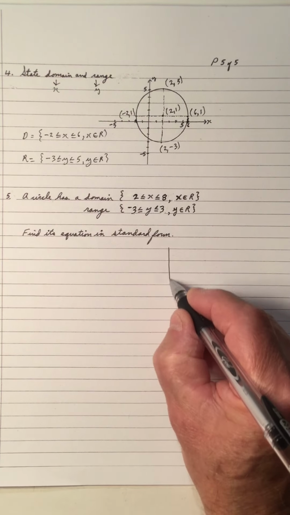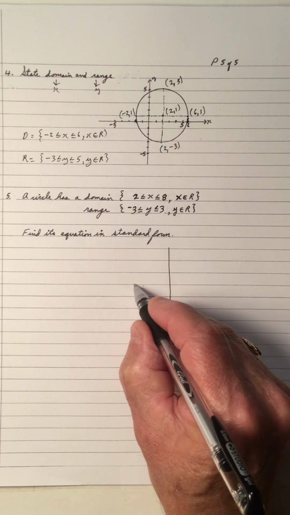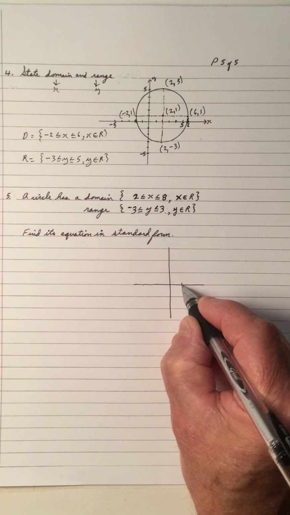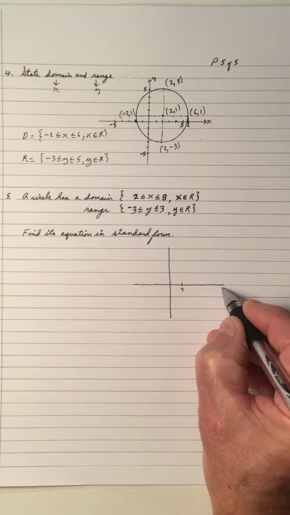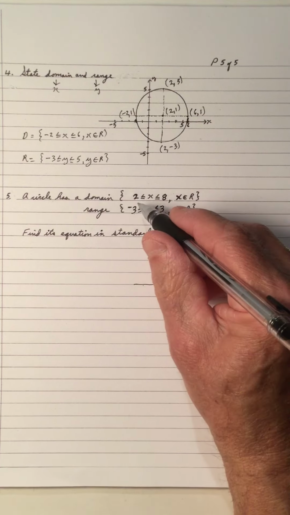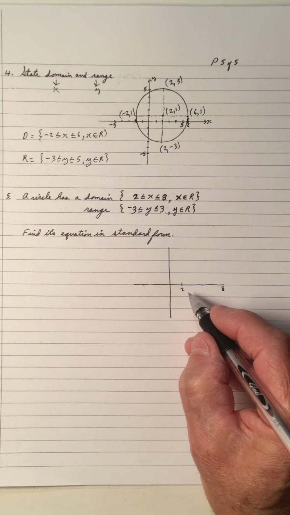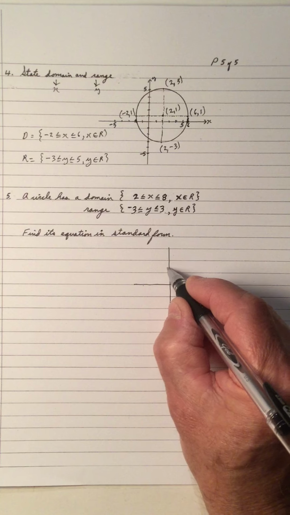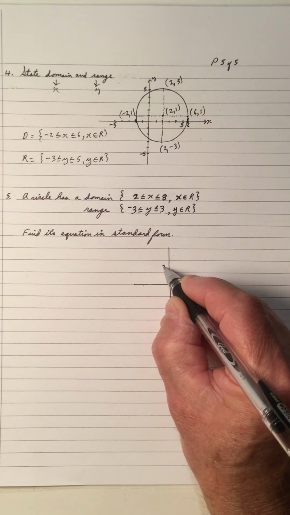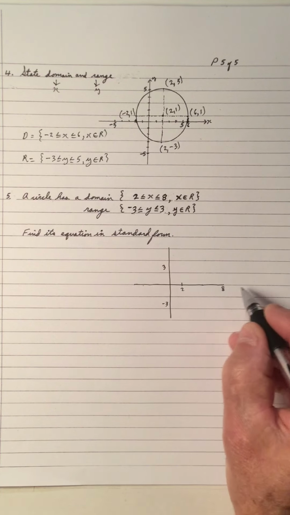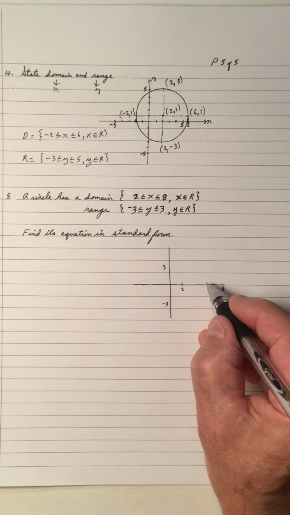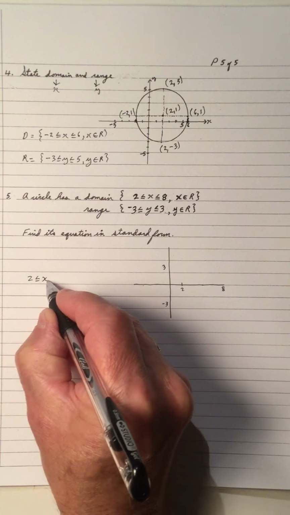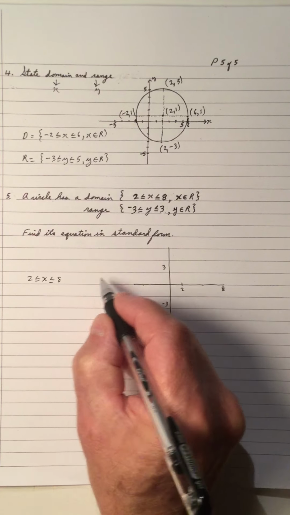So I always like to draw a diagram just to see. So the x's are going from 2 to an 8. And the y values are going from a negative 3 to a 3. So if you take the domain, which is 2 less than or equal to x less than or equal to 8,